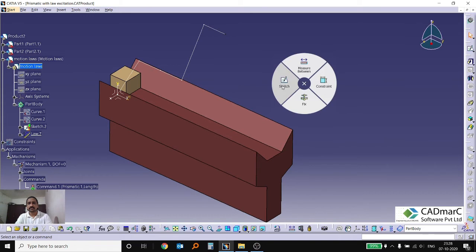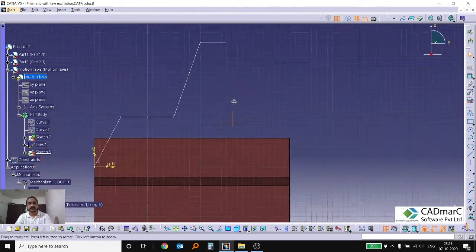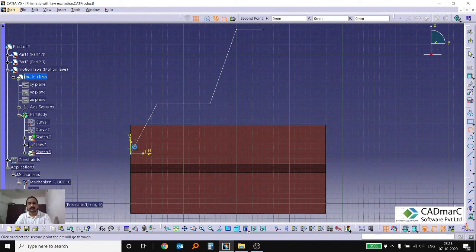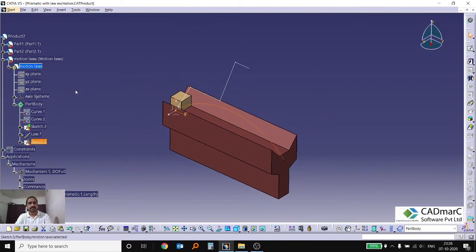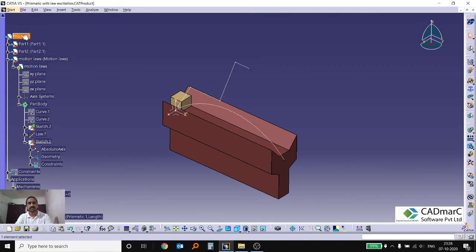I'm customizing certain options for that. Now I'm going to draw an arc. This arc is like this. Okay, a simple arc. Then I'm switching back to the product.